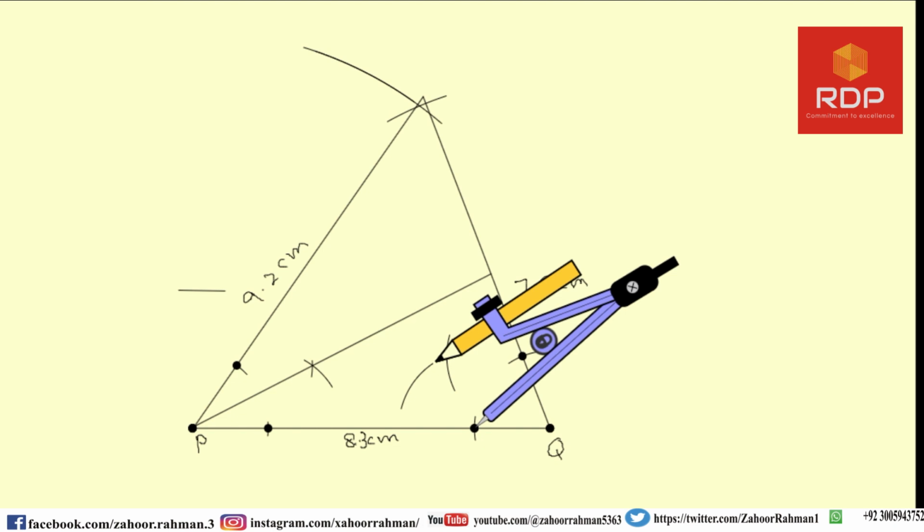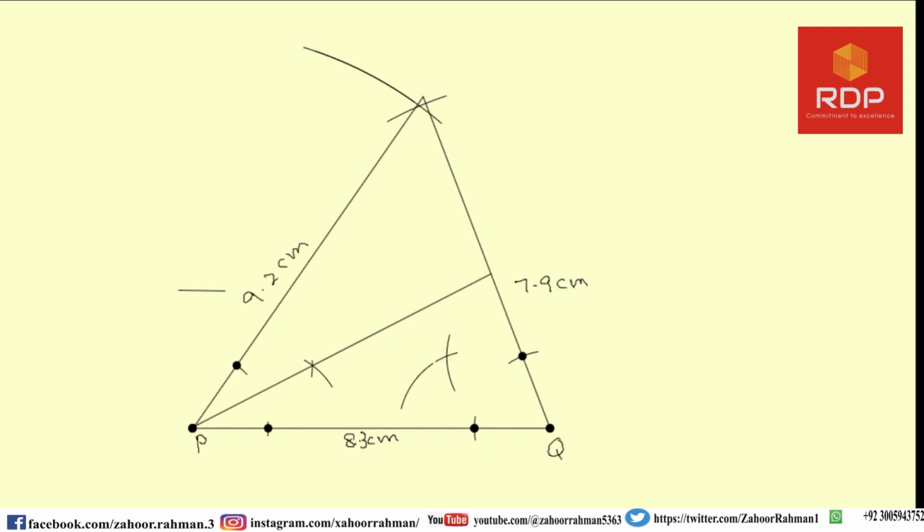Okay, now we have to connect this line, and it will be at the middle. Now we have to find